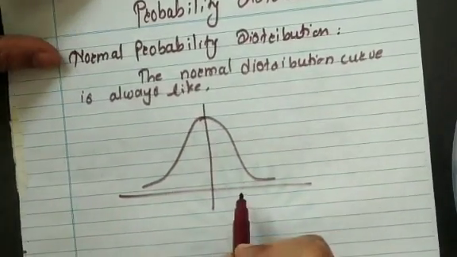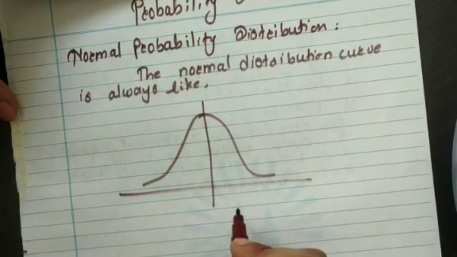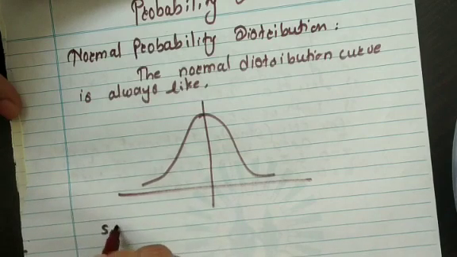This is the normal distribution curve, and for normal distribution we need a variable that is called a standard normal variable,